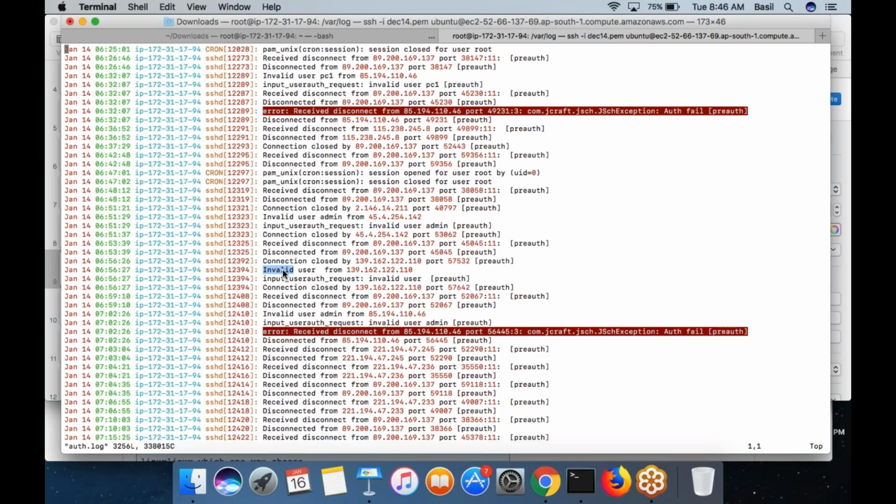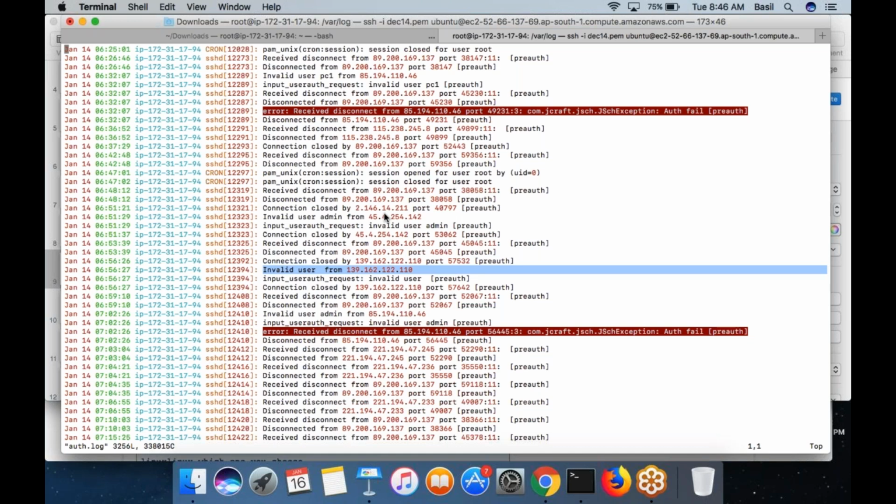So the server rejected his login attempt. Server did not allow him to log in. And like that, you can see a number of entries. Actually, these are nothing but some random attempts, people on the internet trying to log into your system. Maybe they are using some script or whatever. But your server will not allow them to log in unless they have your private key.